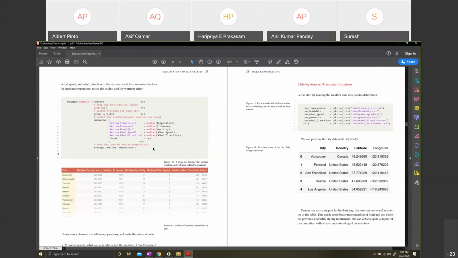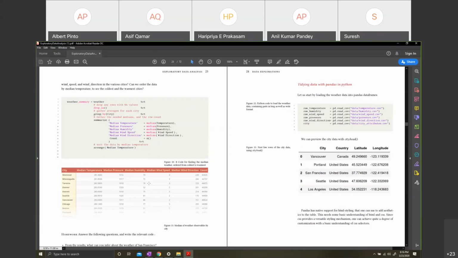You see that, guys? And not only that, I've even sorted it by median temperature. Again, those people who have been doing Spark or functional programming, this should look pretty familiar. And those people who have been doing SQL, again, this should look pretty familiar. Group by, you all know, summarize. Once you do group by, then you can find all of these values. Then this is a sort at the end, sort by.